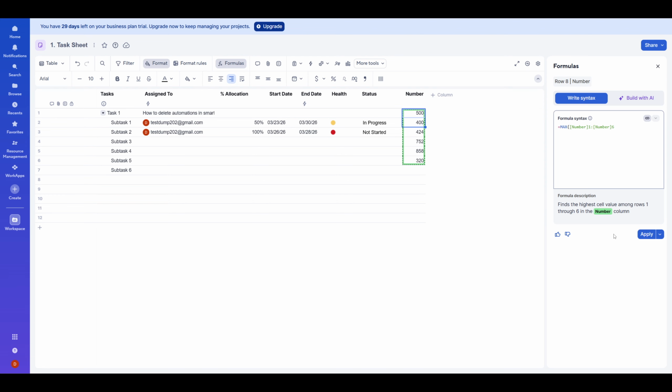Once your cells are selected, look at the panel to confirm the range looks right. When you're confident the reference matches your intended data, click Apply. Smartsheet will insert the formula into the cell you chose and immediately calculate the highest value from your selection. If any numbers in that range change later, the max result updates automatically, so your top value is always current